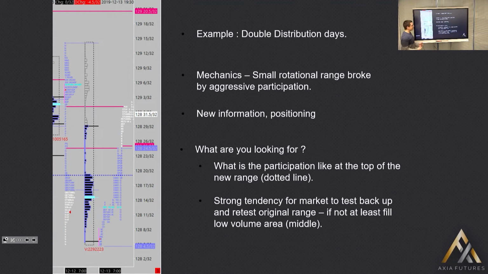So at the very least, the market can trade in here, trade higher, and you have a decent expectation of where the market might go. So that's what you'd expect in a very standard double distribution day. Again, you know what you expect, you know what you want to see. So taking that forward,